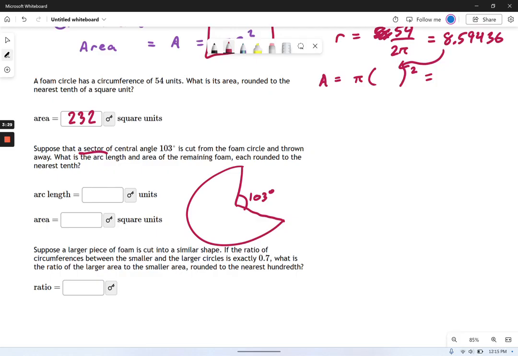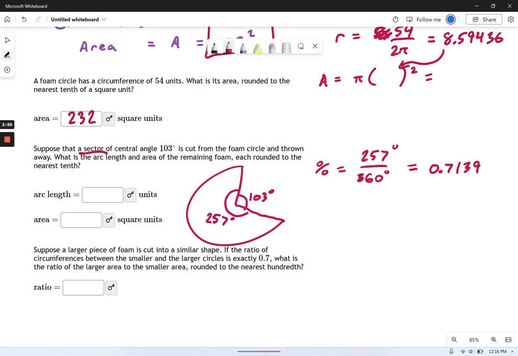Well, this is easy if you know what percentages are. The percentage of the circle that remains is this angle divided by 360. And this angle right here is 257 degrees. It's the difference between 360 and 103. So my percentage equals 257 degrees, that's the portion left, divided by 360, that was the original.